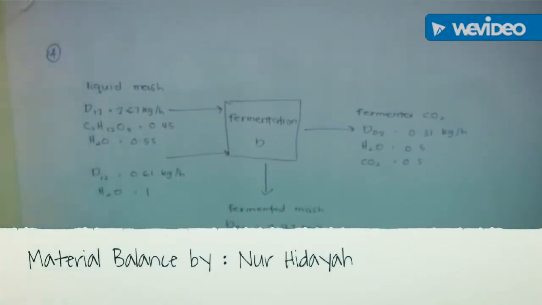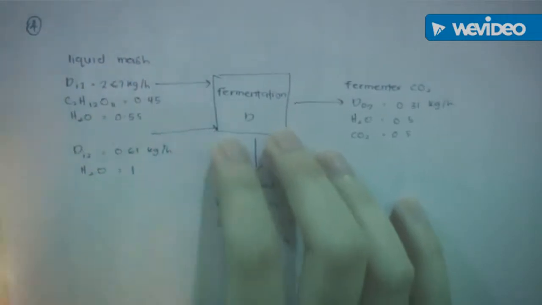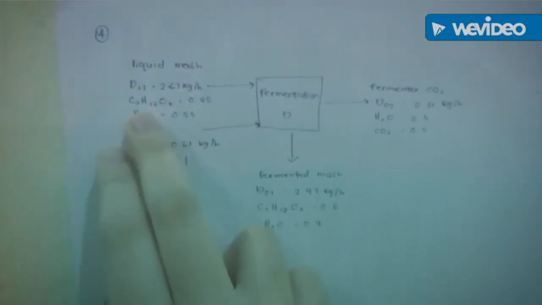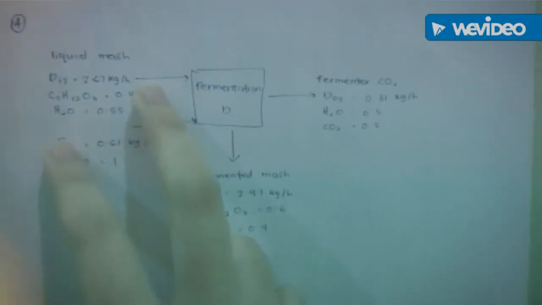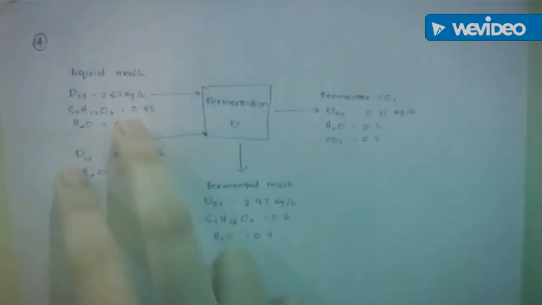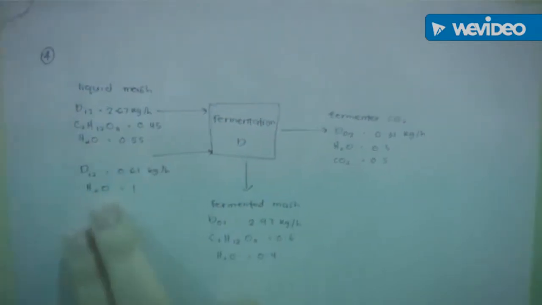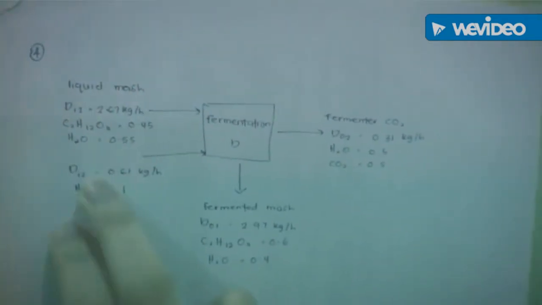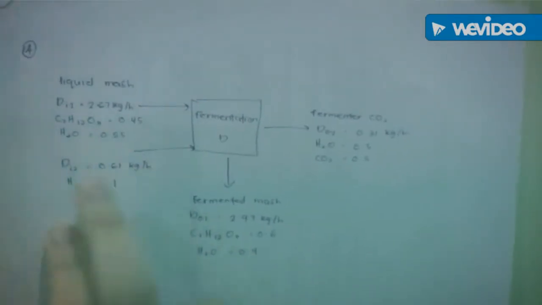In the next step, the fermentation process, yeast converts the carbohydrate. For the fourth flow rate, which is fermentation, there are 2 flow rates entering the process under liquid mash. First, with flow rate 2.67 kg per hour with material balance sucrose 0.45 and water 0.55,